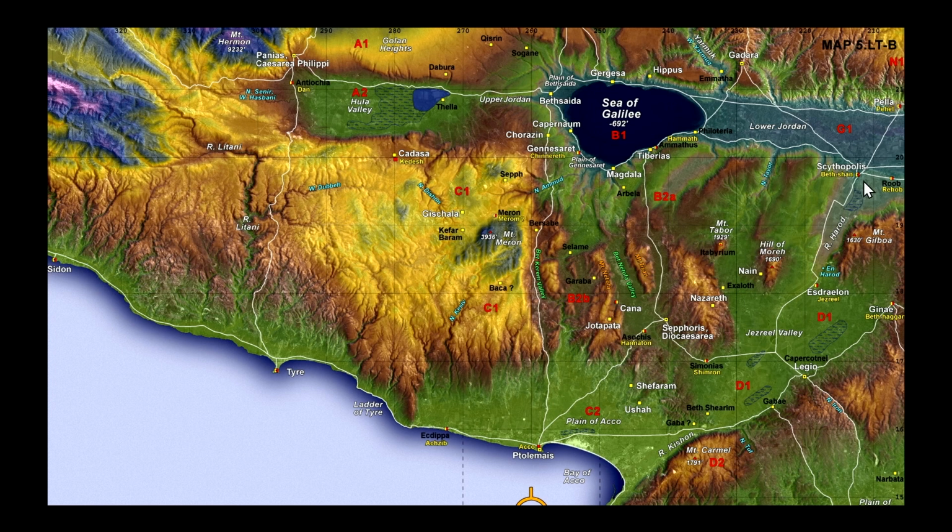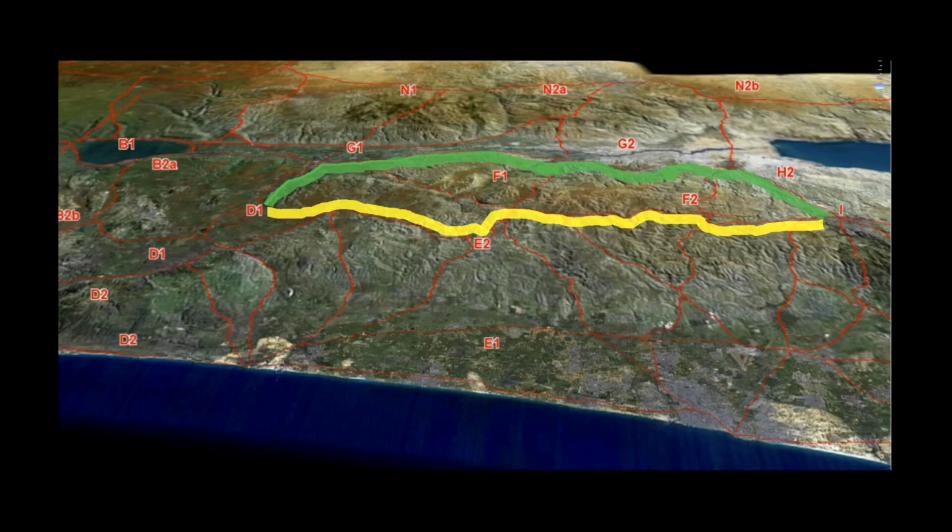that Jesus is leaving Galilee through the Herod or Beit Shan Valley and headed toward this larger valley that contains the lower Jordan River as it exits the southern end of the Sea of Galilee. So Jesus is now moving through the lower Jordan Valley as he moves toward Judea